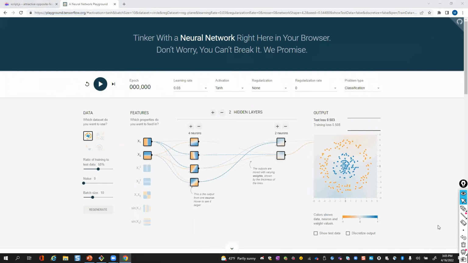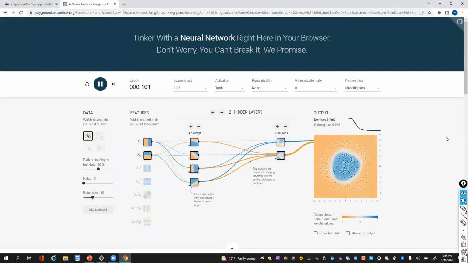go to this link right here, and you're actually in a real neural net. This is a playground just to get you an idea of how they work. I have these two, in a sense, cluster pieces of data that I want to actually separate in 2 dimensions. I've got an input layer of X and Y, and I have 4 neurons, and 2 output neurons. These are my hidden layers here in the middle. I just run this, and it runs real quickly, and it can separate them fairly rapidly.